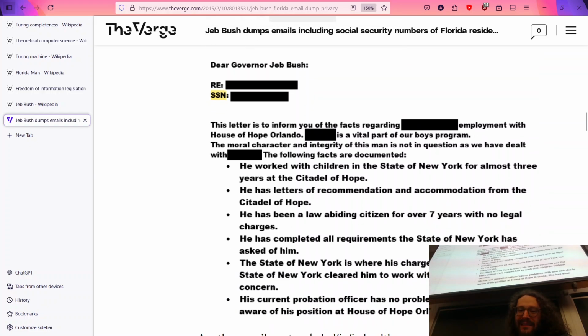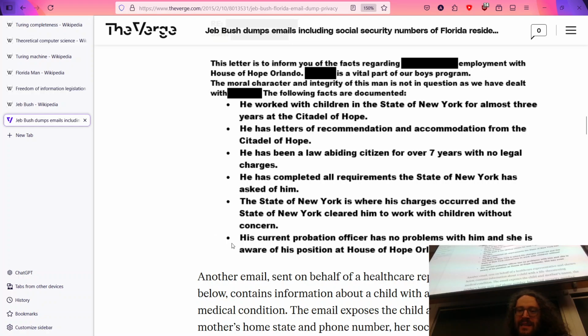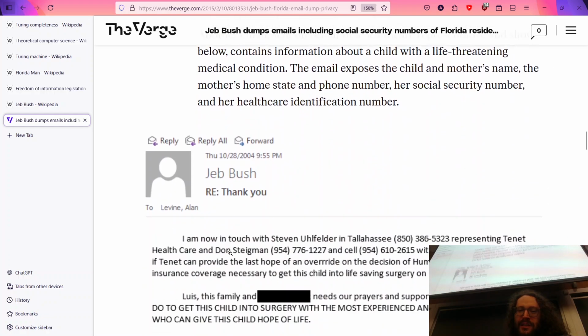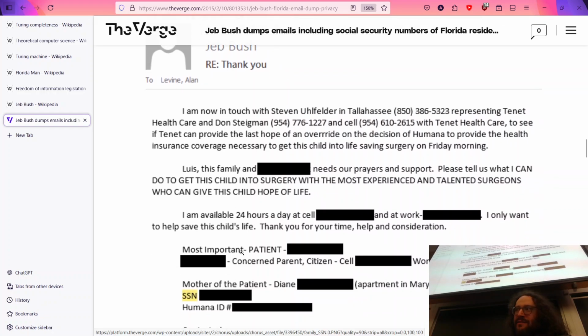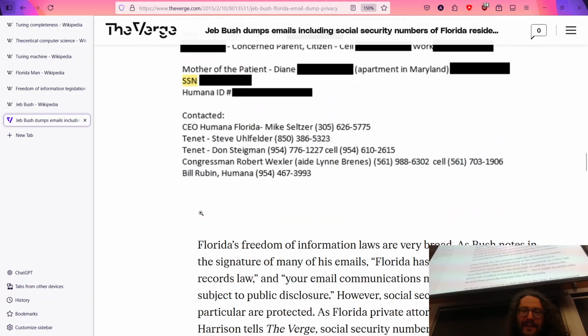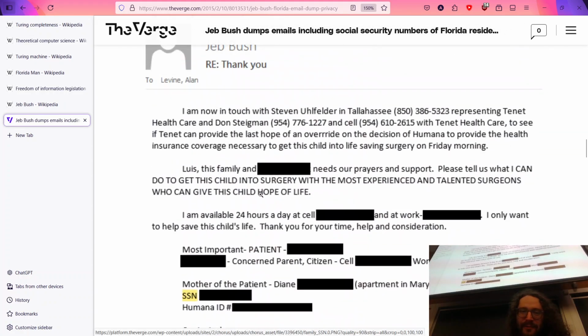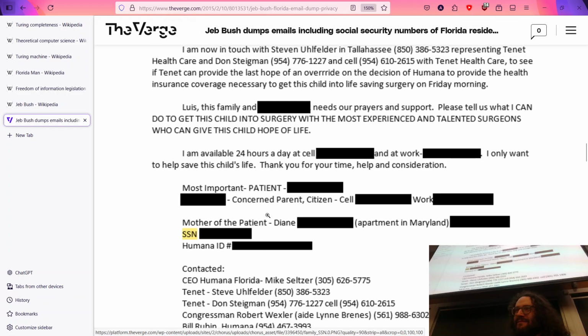He's been good for the past 7 years. Please help this person. Hey, please cut through the red tape here for getting this child into surgery because the American healthcare system is a nightmare when it doesn't work. It's great when it works, and it's a nightmare when it doesn't.